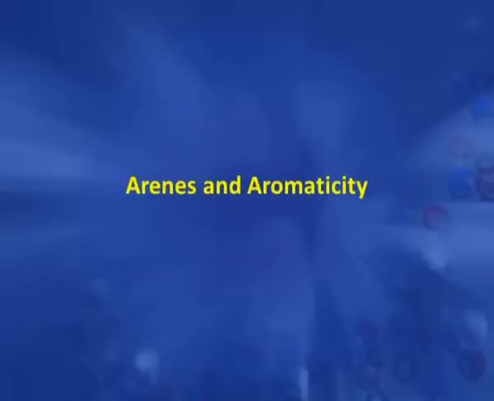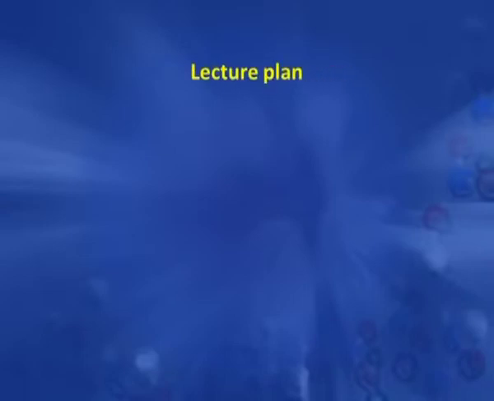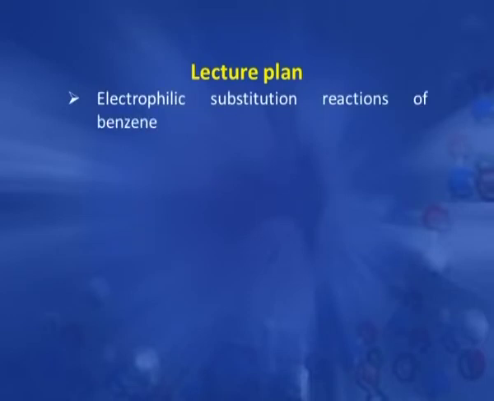In the last lecture, we discussed the concept of aromaticity and anti-aromaticity and the various structural features which need to be present in a compound to be aromatic, and also we discussed the nomenclature of benzene compounds. In today's presentation, we will discuss electrophilic substitution reactions of benzene, and in this we discuss the mechanism, how the reaction proceeds,